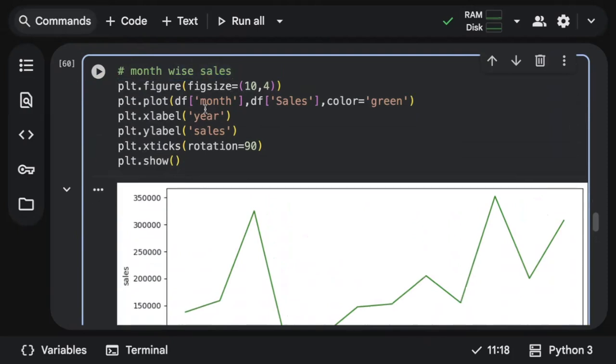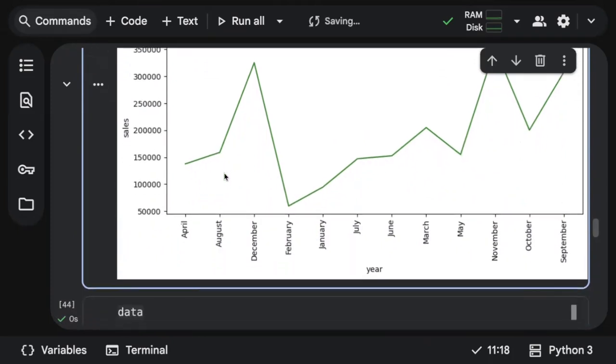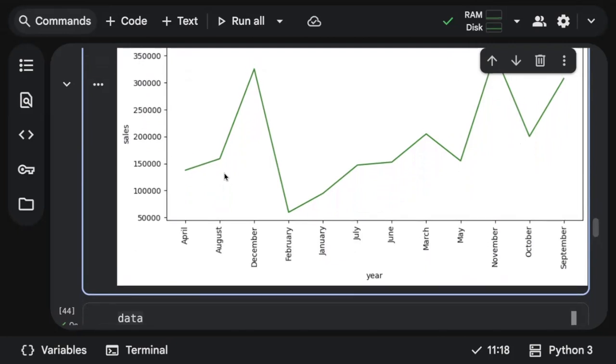Hope it's clear. So this is all about the line chart. Always remember, don't go directly for plotting in matplotlib. Always use a group by, group the data and find the corresponding sum of sales, and then plot for that particular data. After grouping, you have to plot it. That makes sense compared to normal plotting. I showed you what happens with direct plotting and what happens with group by. So hope you understood.